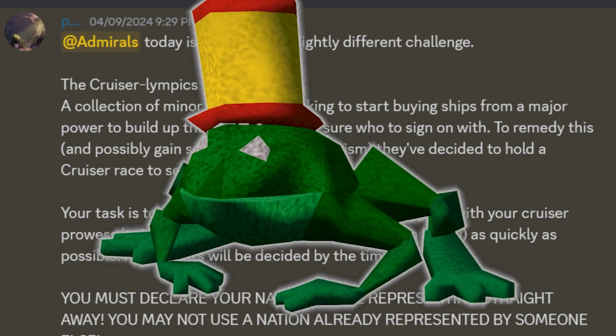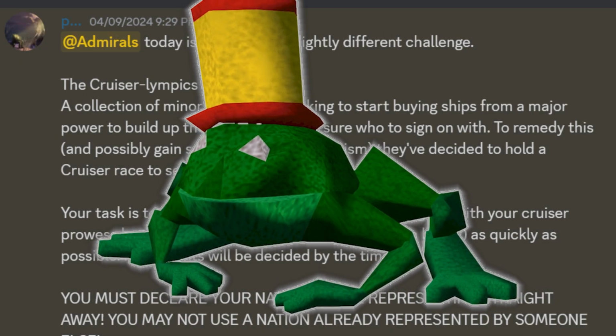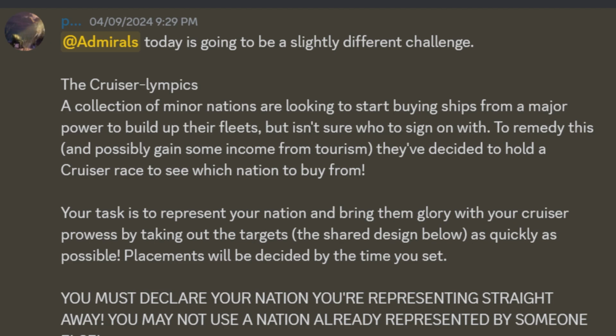Admirals, today is going to be a slightly different challenge. The Cruiser-lympics. A collection of minor nations are looking to start buying ships from a major power to build up their fleets, but aren't sure who to sign on with. To remedy this and possibly gain some income from tourism, they've decided to hold a cruiser race to see which nation to buy from. Your task is to represent your nation and bring them glory with your cruiser prowess by